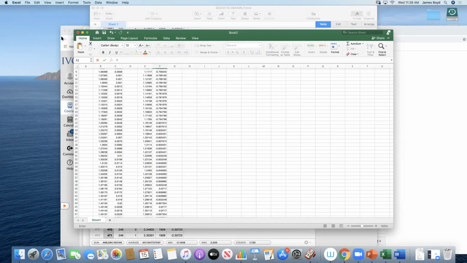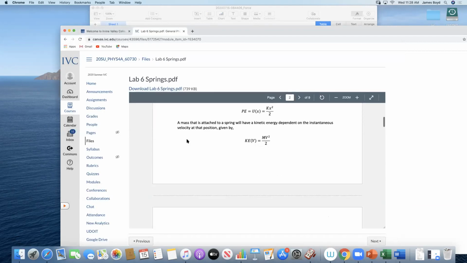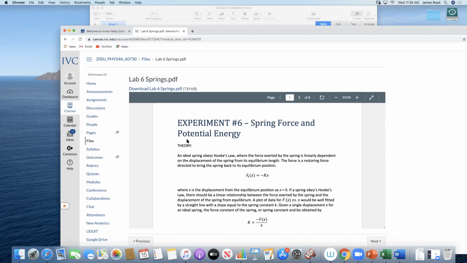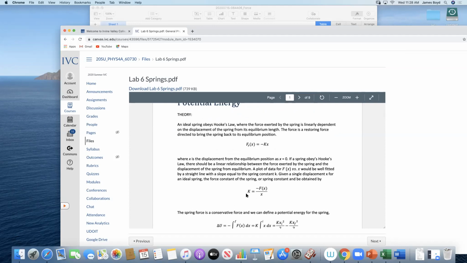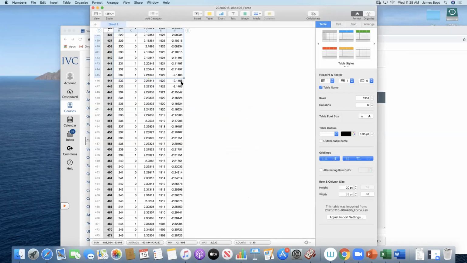The reason we need to do that is, the force of a spring is minus Kx. So if we graph F versus X and put a linear slope on it, our slope will be the spring constant. The problem is that